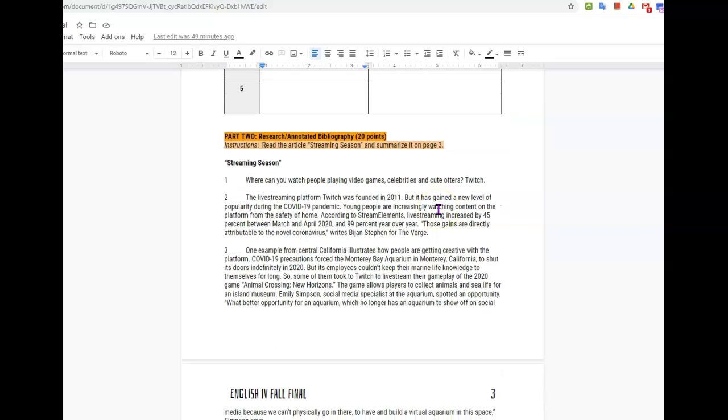Part 2 covers the section that we did with research and the annotated bibliography. This section is for 20 points. You're going to read the article called Streaming Season and summarize it on page 3. Okay, so this is like an article that you would receive from the database. So you'll read through this article,